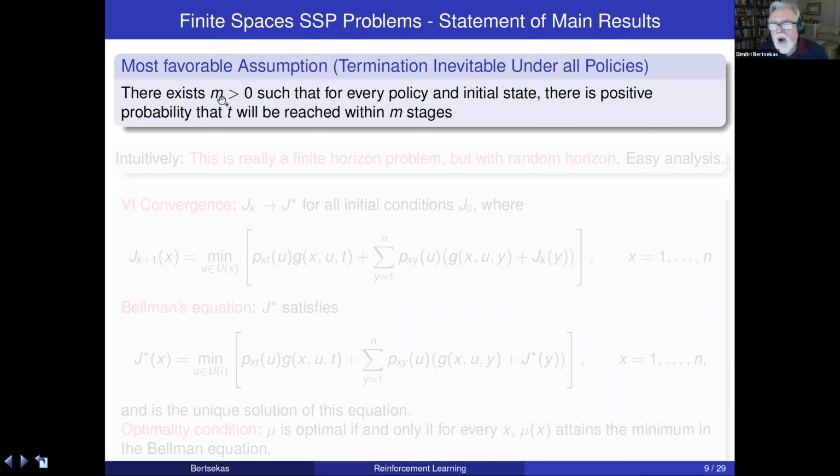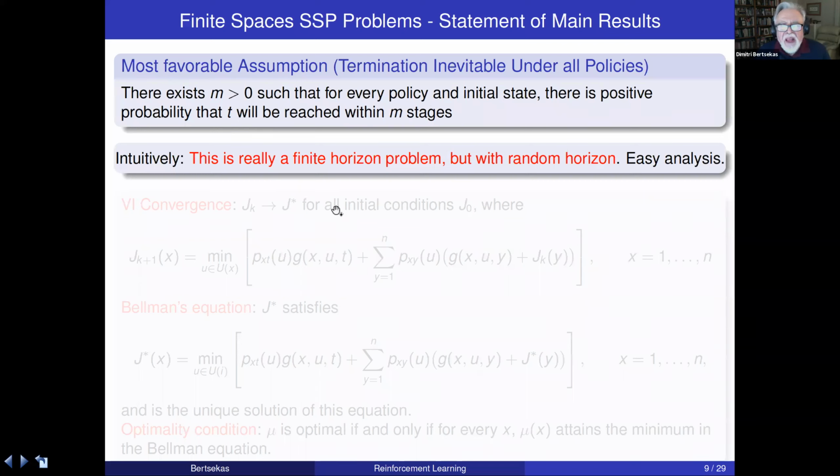Now, M may be 1, maybe 10, maybe 100, maybe 1,000,000, but there is a number such that the termination state is reachable with positive probability for every policy and every initial state. That's what this assumption says. Okay. So basically, this